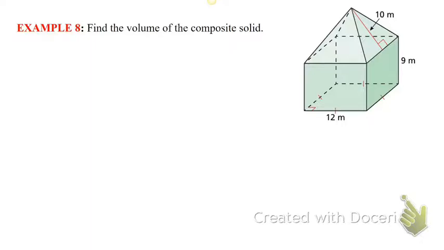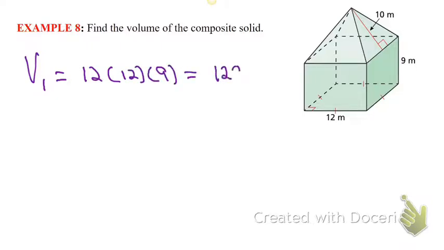So we're going to start off by finding the volume of the prism. The prism has a square base, so it has base area of 12 times 12, and it has a height of 9, so its volume is 1,296. Now let's do the volume of the pyramid. That will be, and of course it's meters cubed, the volume of the pyramid will be